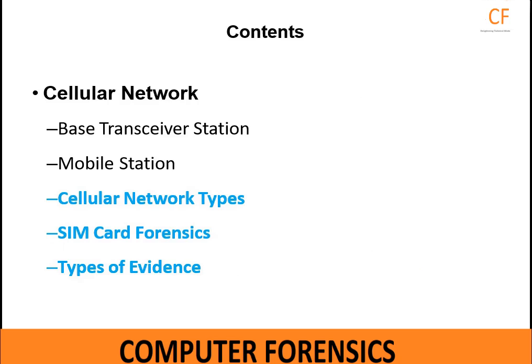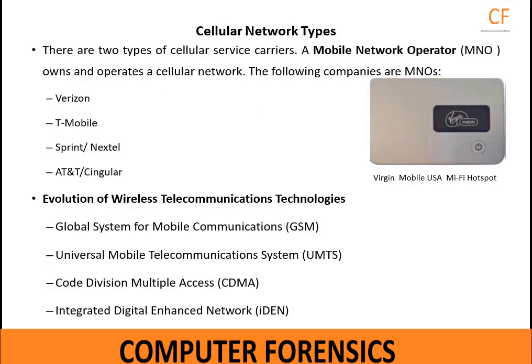In the previous session, we discussed the introduction to mobile forensics, the base transceiver station, and the mobile station under cellular network. In this session, we will learn about cellular network types. In cellular network types, there are two types of cellular service carriers. A mobile network operator, MNO, owns and operates a cellular network. The following companies are MNOs: Verizon, T-Mobile, Sprint / Nextel,